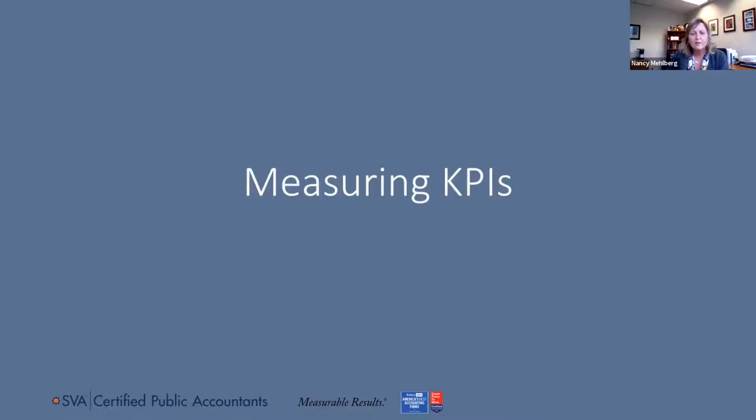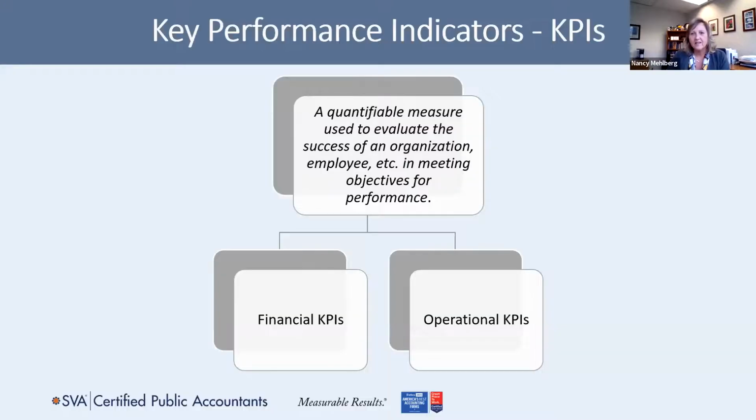So I think before we go into KPIs, metrics, and benchmarking, I just want to make sure everybody even understands what a KPI is. A KPI is a key performance indicator. It's just a quantifiable way to measure the success of your company. There are so many different ones, and I'm going to go over a few of them, but this is just the definition of a KPI and why it's important.